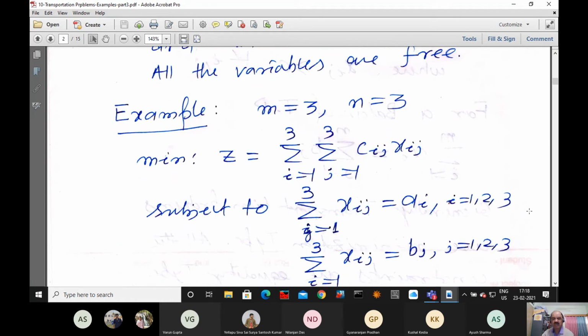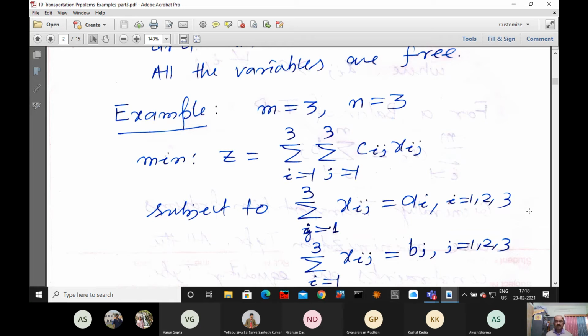Now I am considering a small problem. Let me say m equal to 3 and n equal to 3. You can change it to maybe m equal to 3, n equal to 4 also; there is no harm. We have already taken 2 by 2. 2 by 2 is a special problem. Why special? Because there are 4 variables and 4 constraints. Here, 3 into 3 is 9, and 3 plus 3 is 6, so it is not becoming the same, it is becoming different. But there, 2 into 2 equals 4 and 2 plus 2 equals 4.